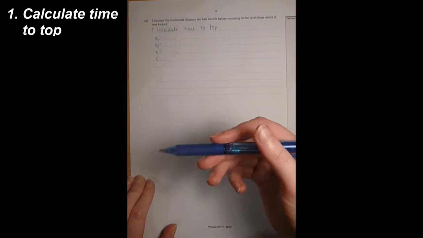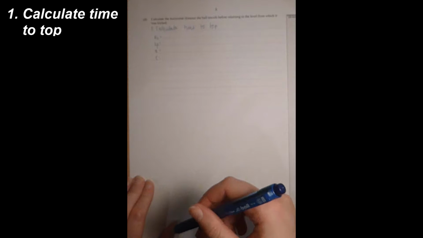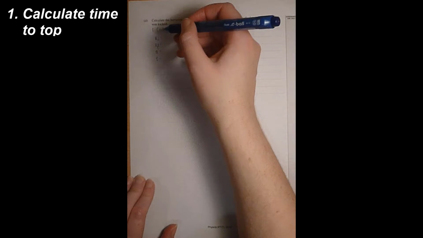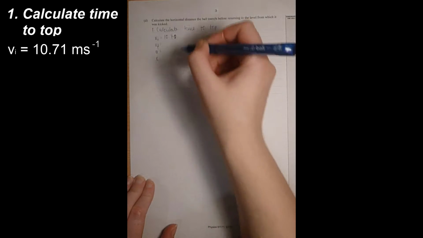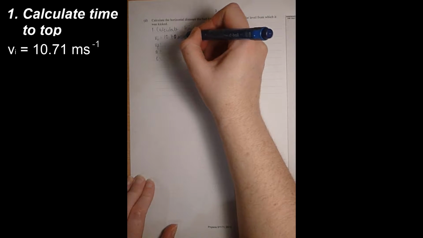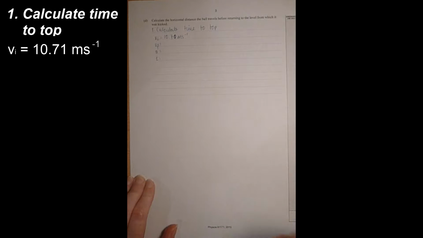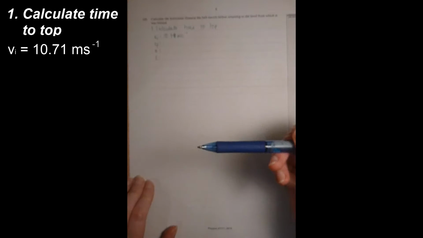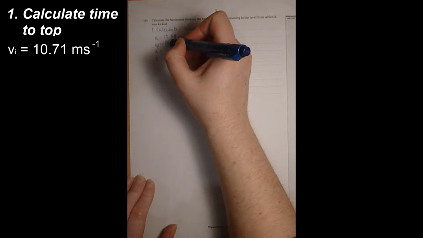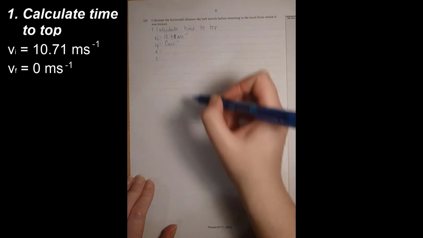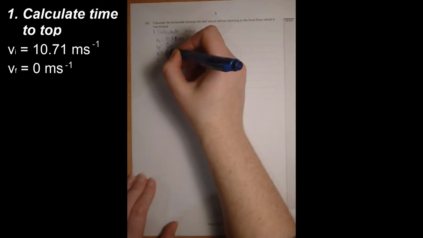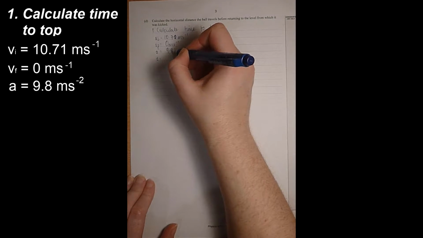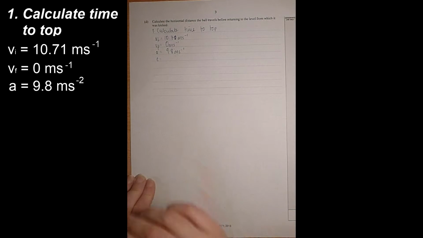Our VI is our vertical velocity that we calculated on the previous page, and we're going to use the unrounded value, so 10.71 meters per second. Our VF, once we reach the top, is 0, as we stated in the previous question. Our acceleration, because we're working in the vertical, is 9.8 meters per second squared,